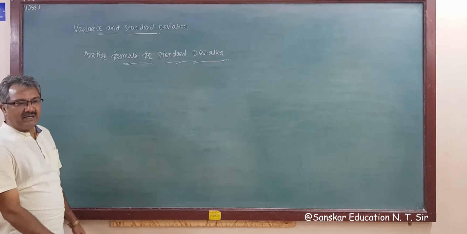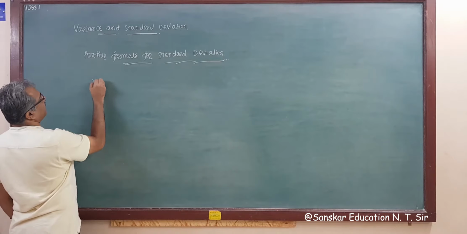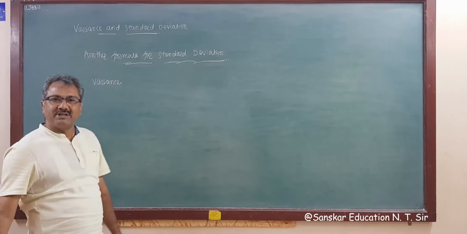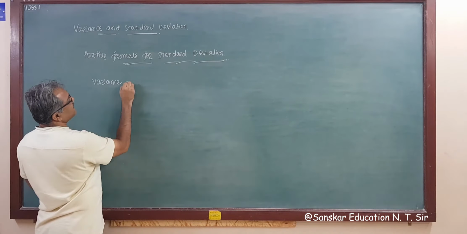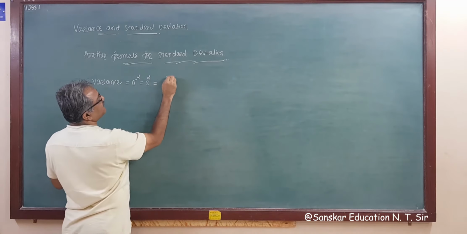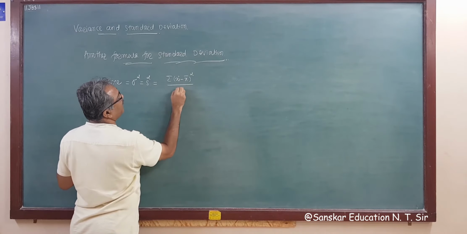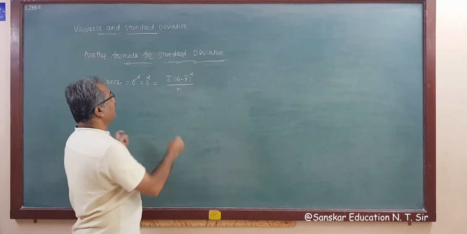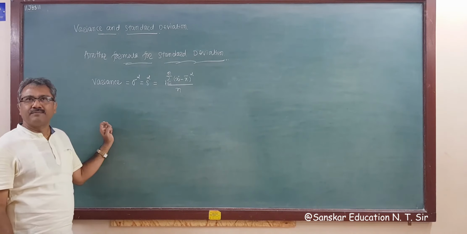You have the standard formula for standard deviation, right? That is variance. I am writing variance here, and then we take the positive square root, then it becomes the standard deviation. Now the formula for variance is sigma square, which is s square, equal to sigma xi minus x bar whole square upon n, where i is running from 1 to n. This is your formula, right?